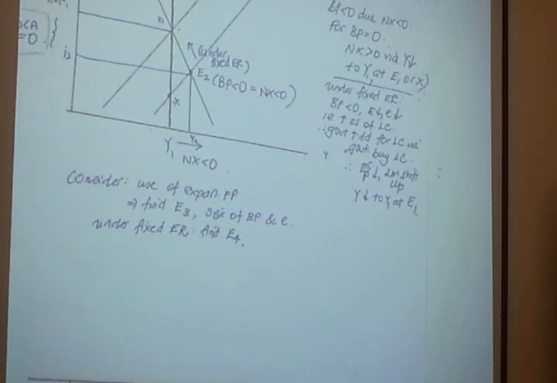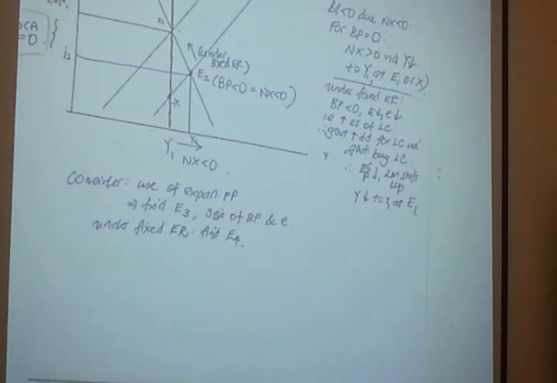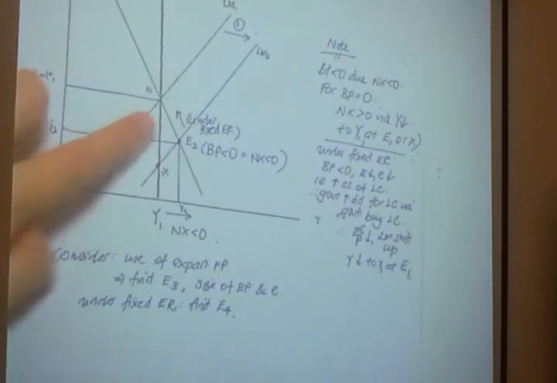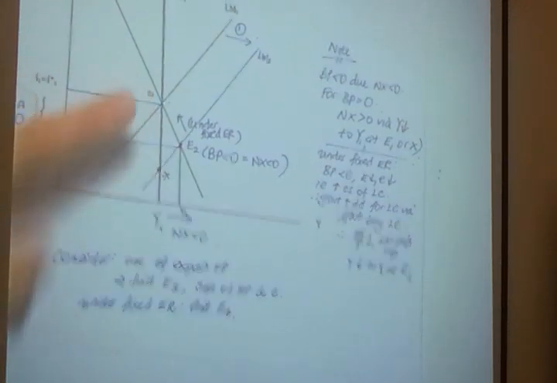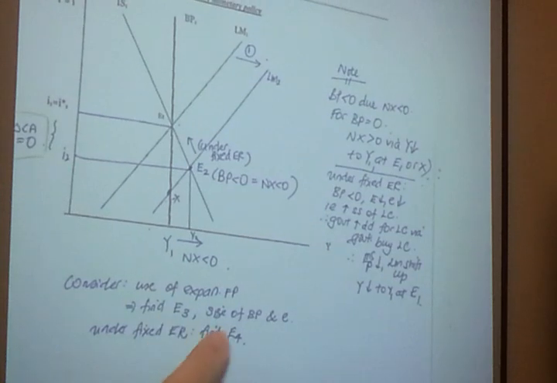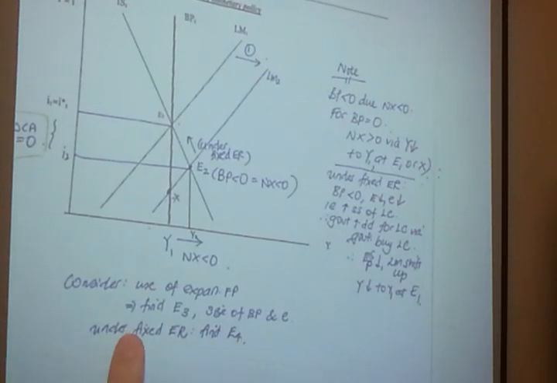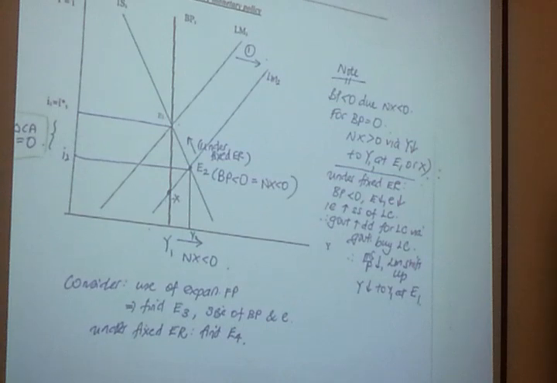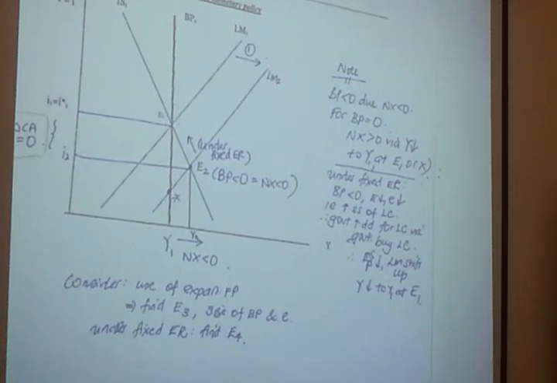Use the same diagram. Don't waste time to redraw another one. Whenever we do vertical and horizontal, we can share diagram. Right? So you start at E1, you're not at E2, you're at E1. But now use expansionary FP. Find for me E3. Find for me the size of BP and the exchange rate. Then under your fixed exchange rate, analyze, get me point E4. So it means in your diagram, you must locate 2 points for me. E3